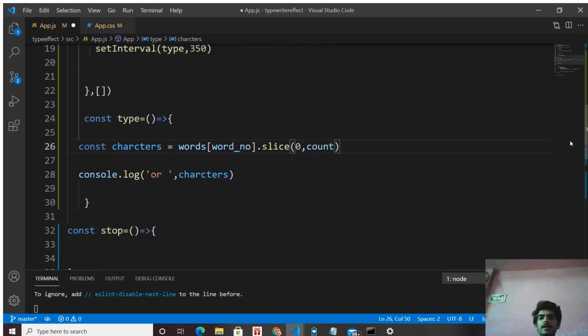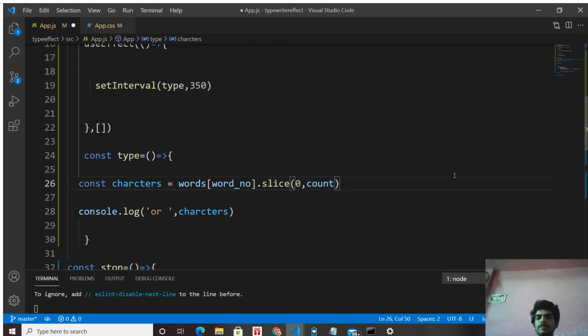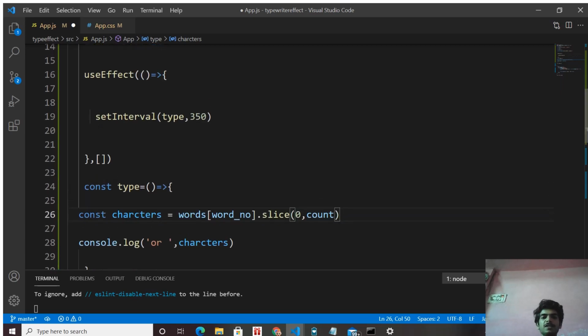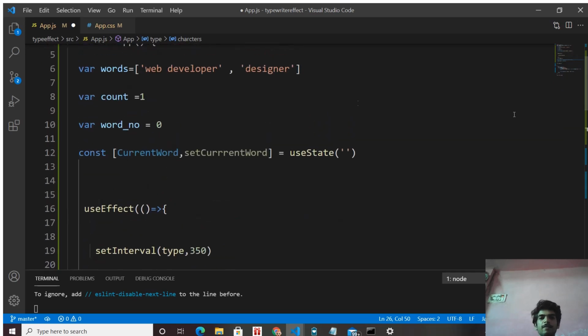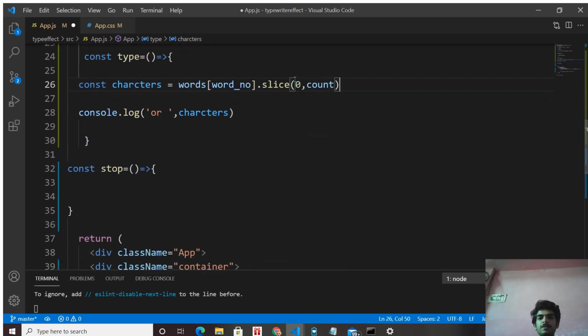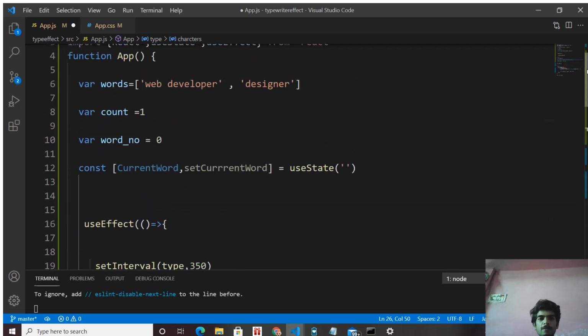Slice means to extract the characters from the starting. 0 is the starting index of our string. Okay, so words of word number is going to give our first string, that is web developer, and this slice function is going to run on the web developer string, and is saying to extract the characters from the 0 index.